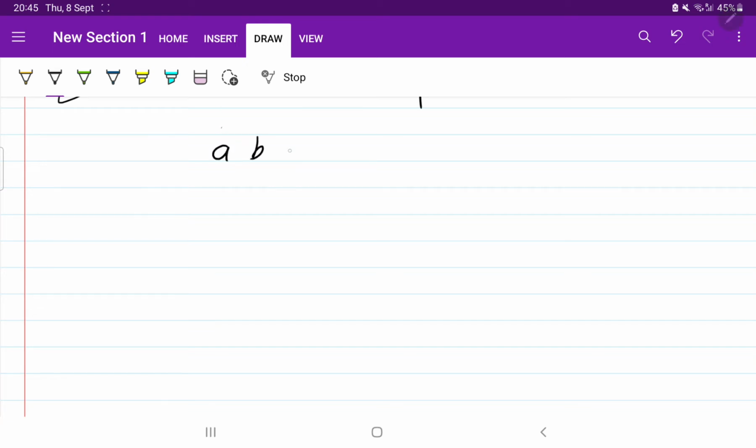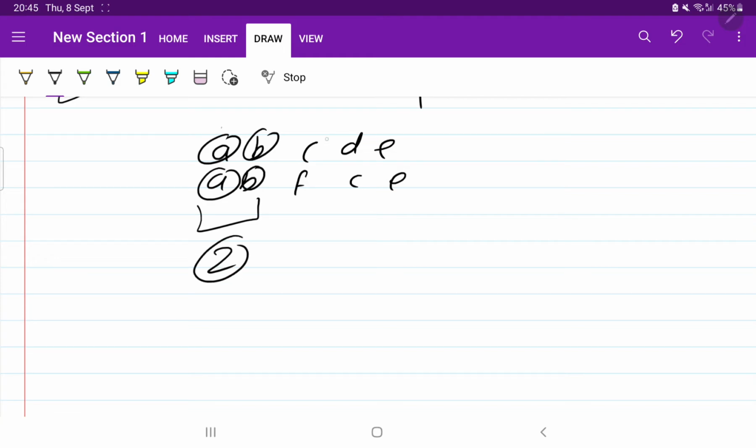Suppose this is given like this, a b c d e, and it is given a b f c e. So a b are common, so here the length will become 2. But now these are not common, so the length will become 0 again. Now e and e are common, so the length will become 1.